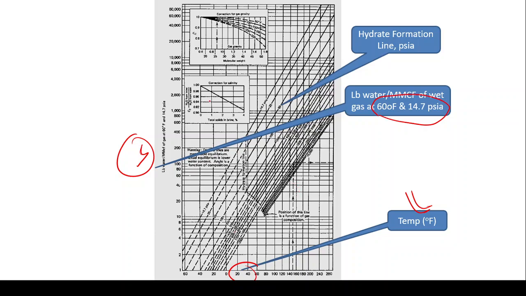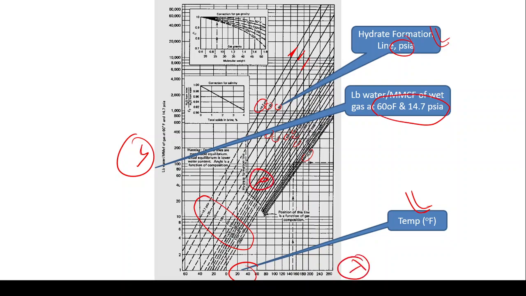Then we have different constant pressure lines, which are the hydrate formation pressure lines, in psi absolute. If you look closely here, they are 14.7, 25, 50, 100, 200, 400, 500, 800, 1500, and 10,000 psi. So these are the values given here. With the help of the given parameters, normally the temperature is given and the pressure value is given.